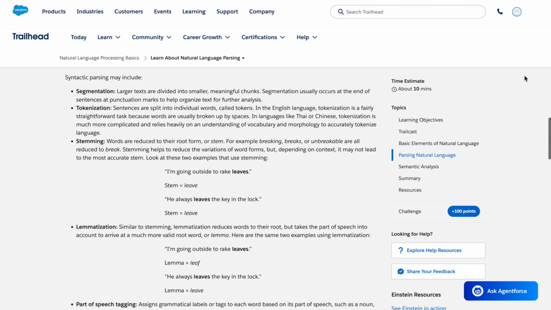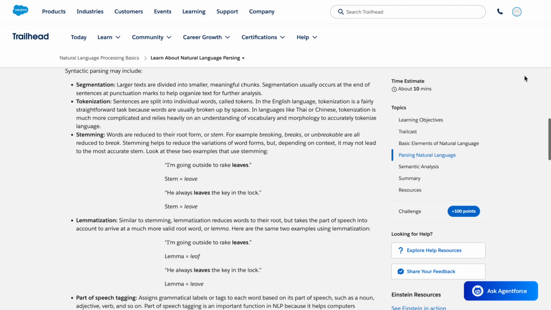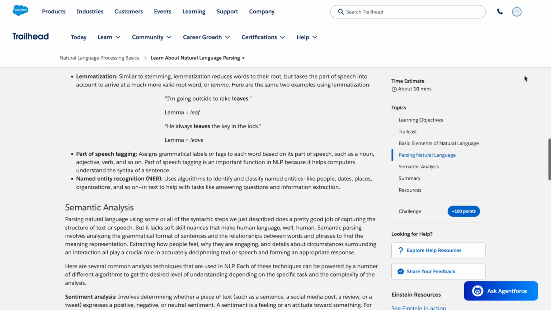I'm going outside to rake leaves. Stem is leave. He always leaves the key in the lock. Stem is leave. Lemmatization. Similar to stemming, lemmatization reduces words to their root, but takes the part of speech into